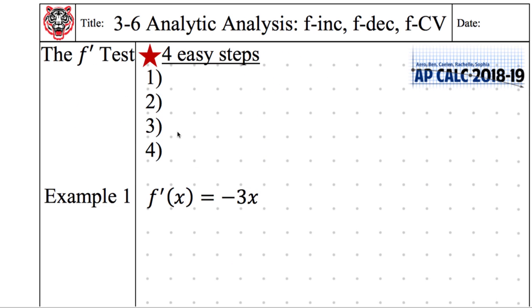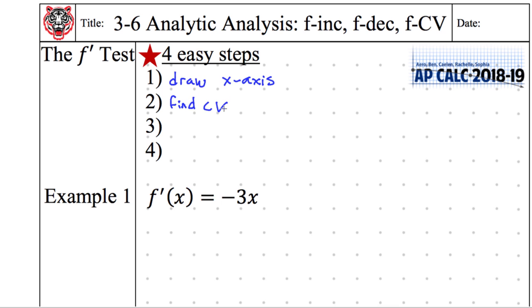We know the deal. So, the f prime test. Now we're actually doing the first derivative test. You can pronounce this either the first derivative test or the f prime test. There are 4 steps. We will add on to this in our next lesson, 3-7. So our 4 easy steps are as follows. Step 1, draw the x-axis. Step 2, find